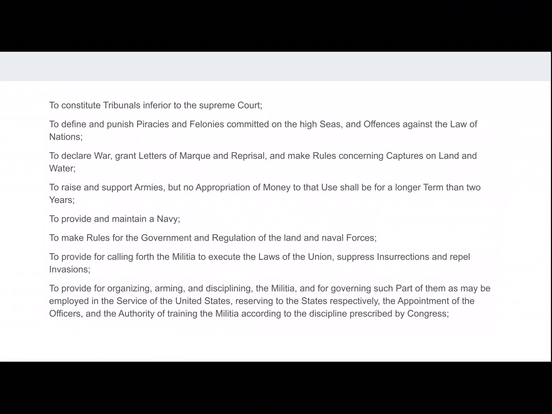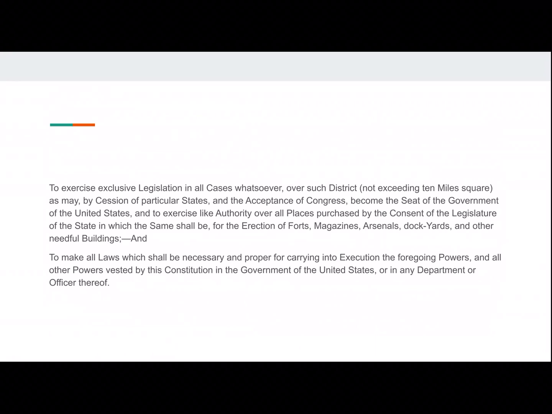To provide for organizing, arming, and disciplining the militia, and for governing such part of them as may be employed in the service of the United States, reserving to the states respectively the appointment of the officers and the authority of training the militia according to the discipline prescribed by Congress. So we have the ability to make the army and supply it. To exercise